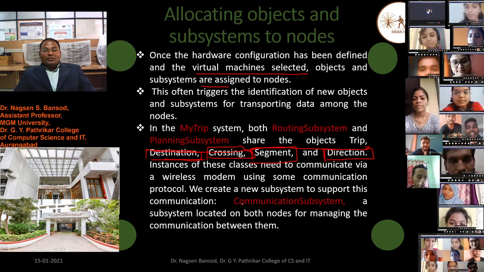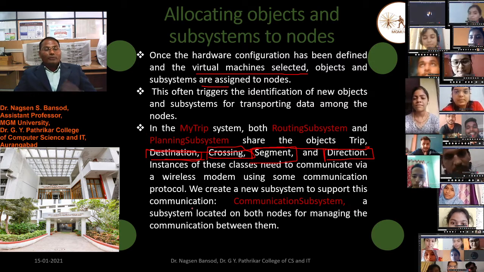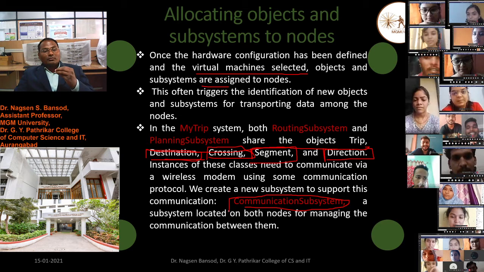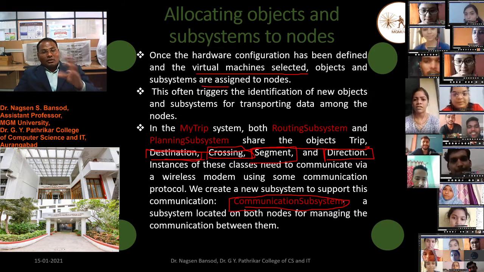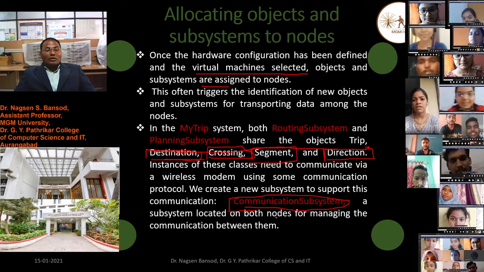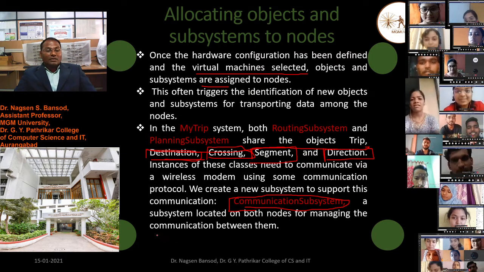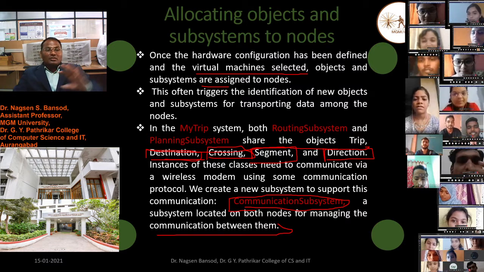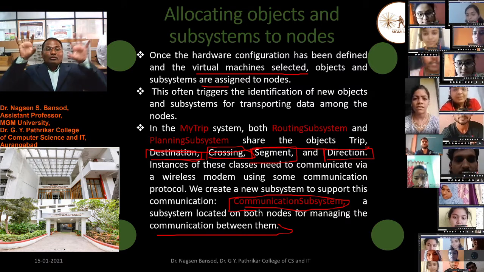We create a new subsystem to support this communication. We have to create a communication subsystem, a new subsystem to support this wireless communication. A subsystem is located on both nodes for managing the communication between them. This communication subsystem we have to locate on both ends.